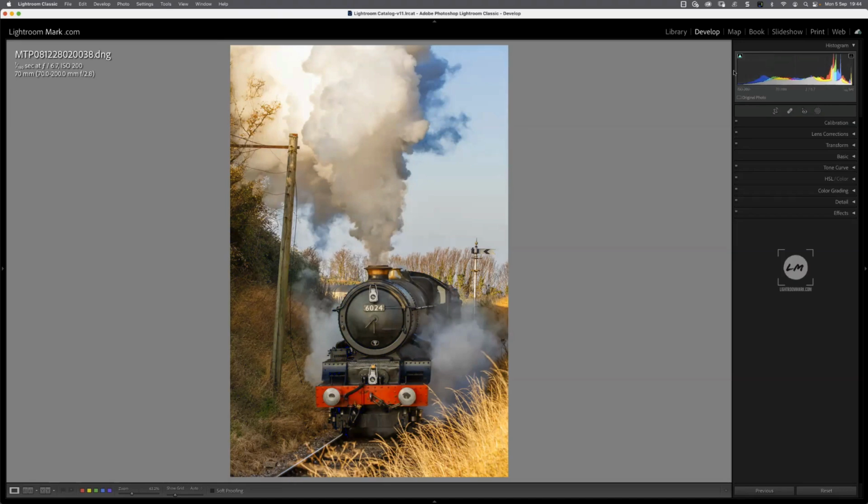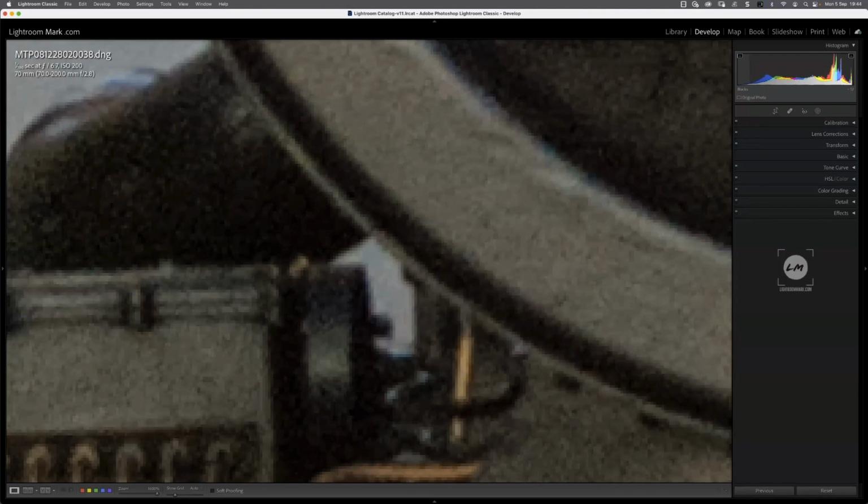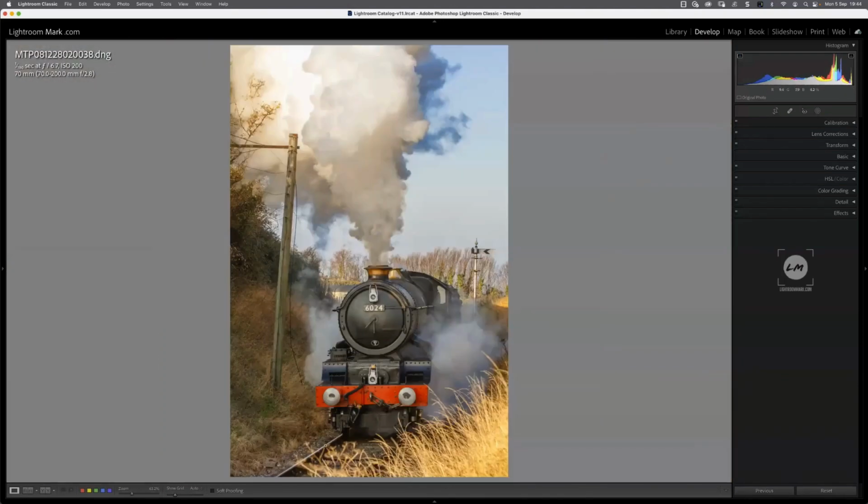Now I've still got a little bit of white. You press J for the keyboard shortcut, and you can still see down by the wheels and down the bottom of the front of the engine, there's a bit of blue. Just see, look, there's the blue. If I go into my histogram, move it to the right, I'm just clicking and holding and moving it to the right, and I'm bringing back that information. So I'm clicking here. See, look, I've still got some blue. It's crushed black, but